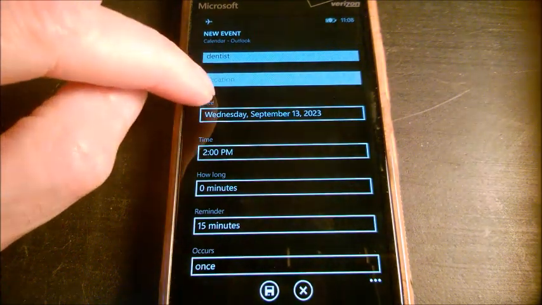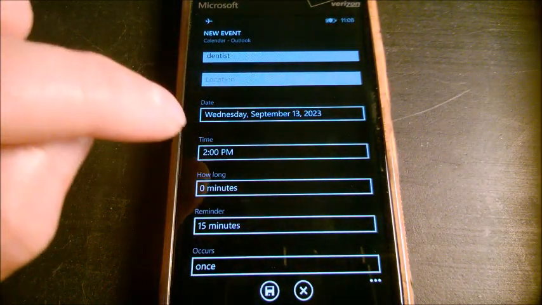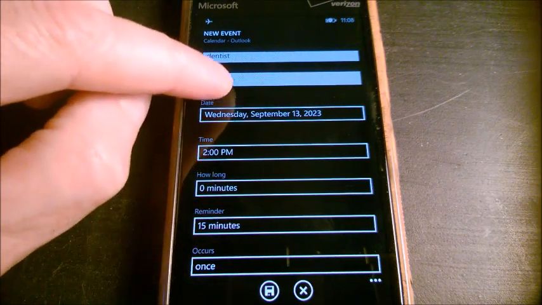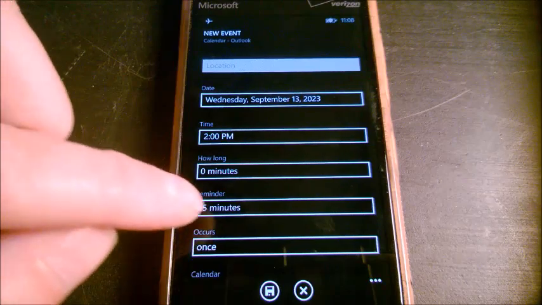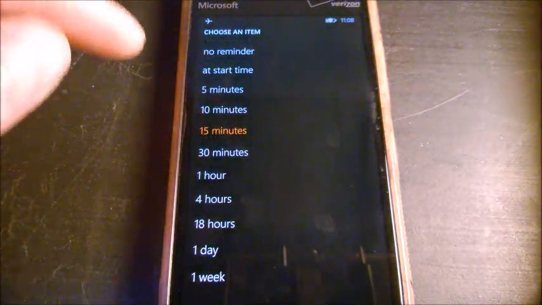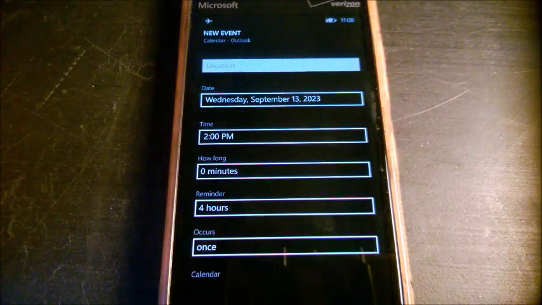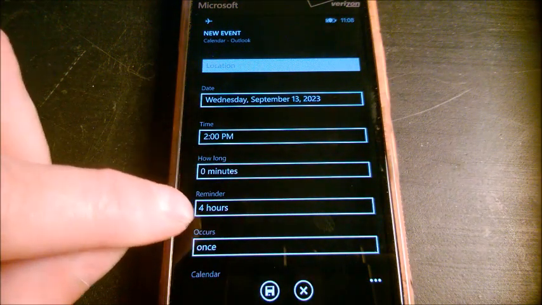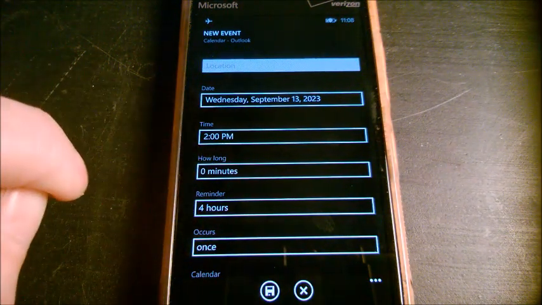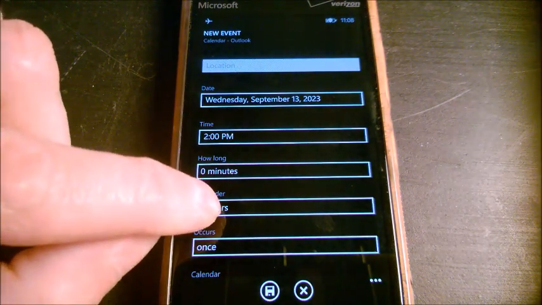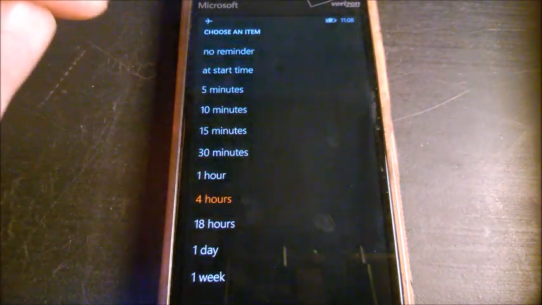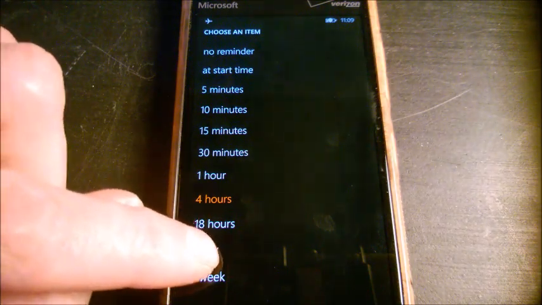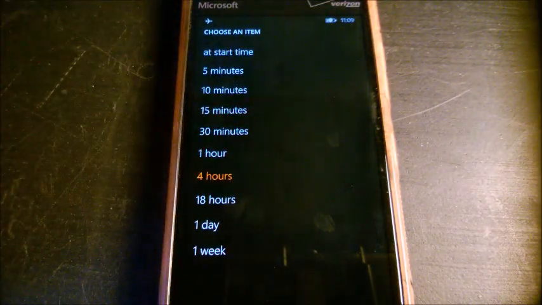Given this start time, you can actually set the reminder, which is by default 15 minutes. It is really up to you. If you want, maybe put it 4 hours before the start time. So it's going to be 10 a.m. as the event is at 2 p.m. But I prefer setting it one day before, just me, or maybe you as well. So there is one day, and you have 1 week, and that's it.